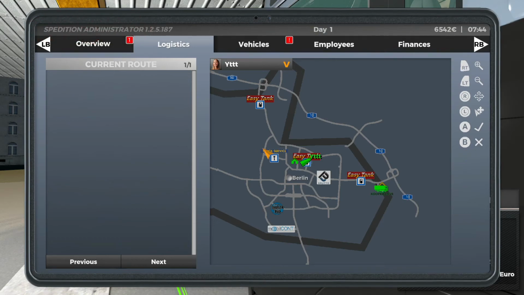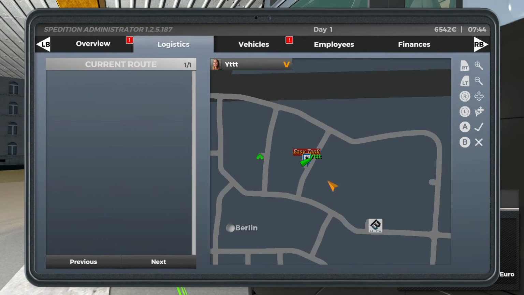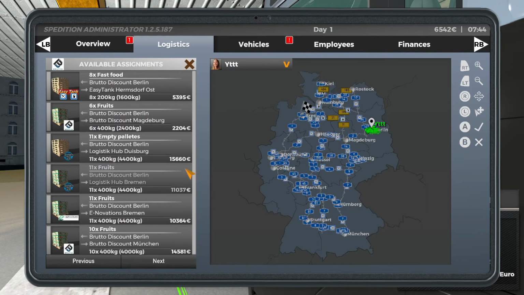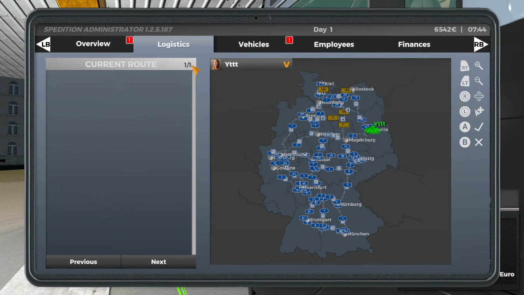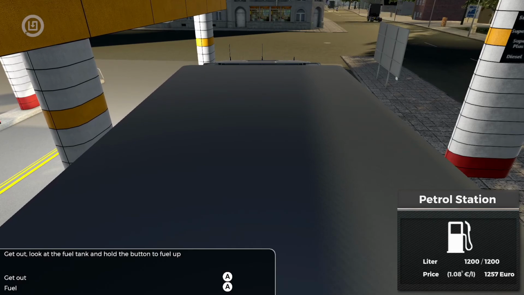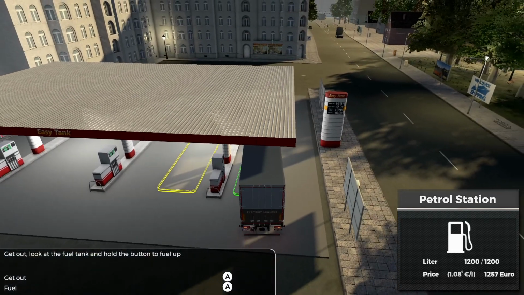So now, what we need to do, we need to find the sideways B logo. Bruto, I'm not entirely sure how to pronounce it. We need to get to that. So we're going to take a right out of the gas station and then take a left and just follow the road until we get to the Bruto station. You may be able to pick up an assignment if you want to do that to make it easier, but it's not a very complex